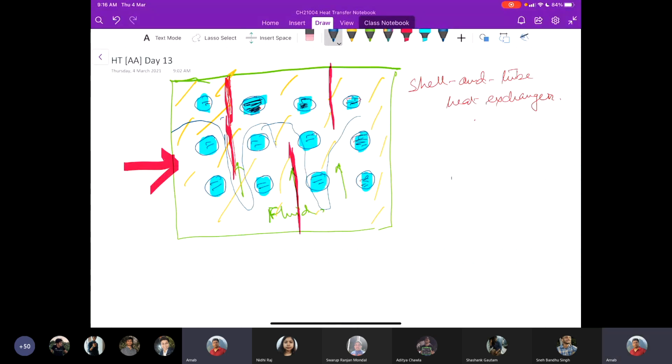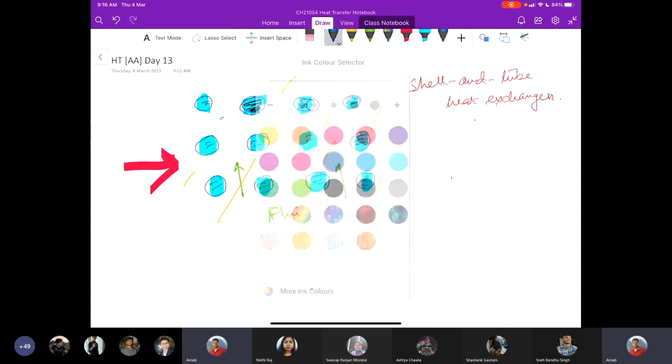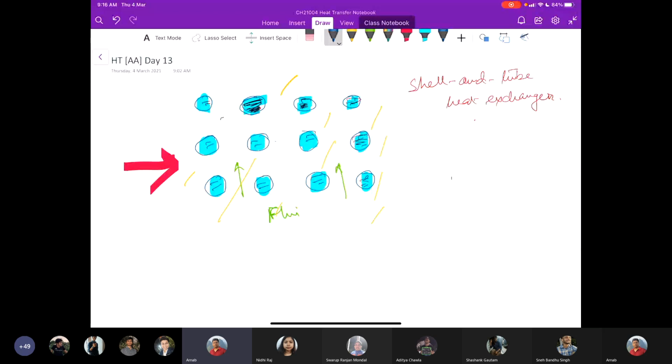But the point is that when flow over such arrangement takes place, the simplified arrangement is this thing. A bank of tubes over which this is happening. So the scenario is not simple as we have done for a single tube, okay, or say a blunt object lying on a flow field.